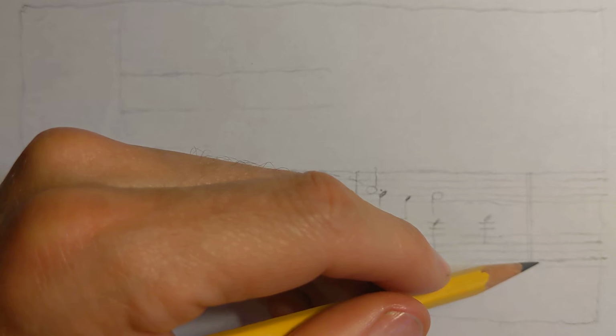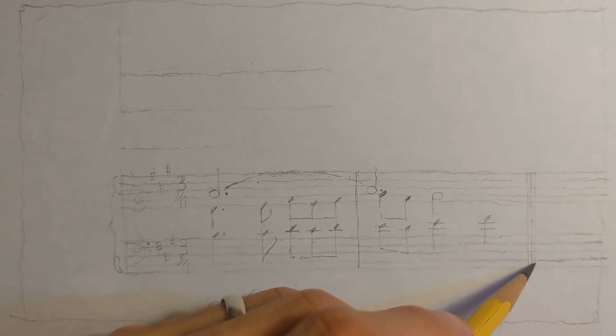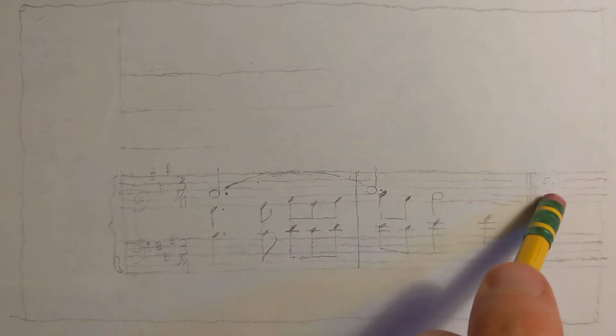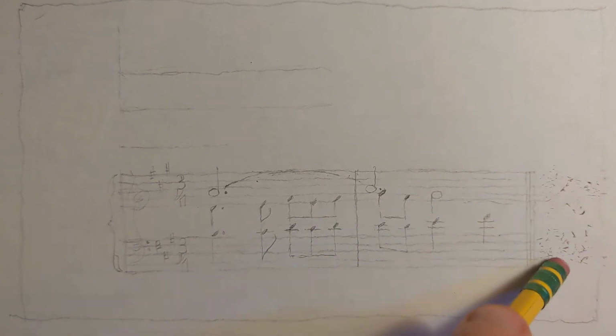I'm going to put an end to this as if this is like the end of a massive piece. Which it's not, it's just the middle of something. And just erase the remainder. So I don't know what I'm gonna...